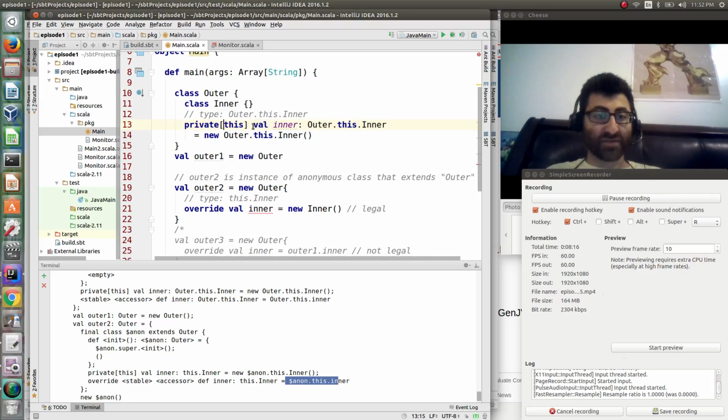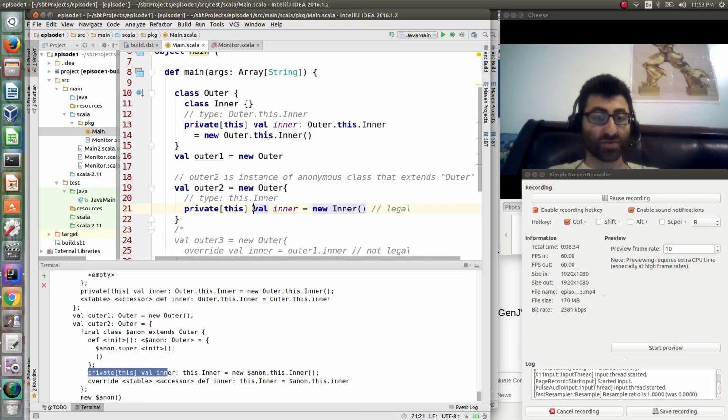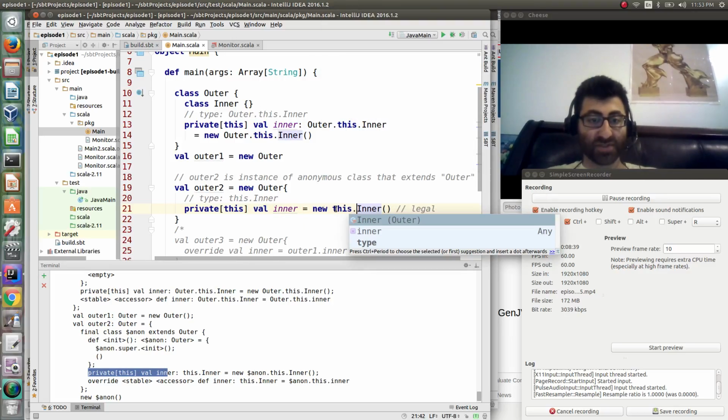So this is a private this, and that is also a private this. So this override here is the same as if there was no override. If you look at here, it's just private this val inner. So that override is actually equivalent to that. So this is of type this.inner,